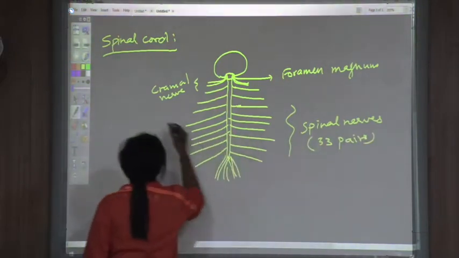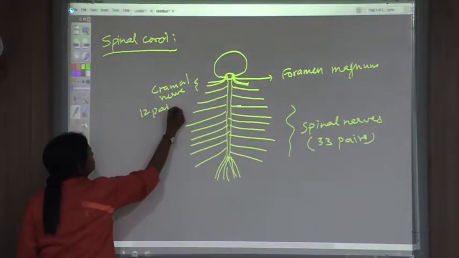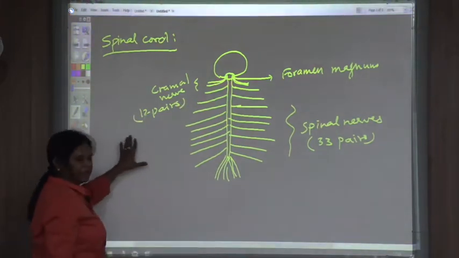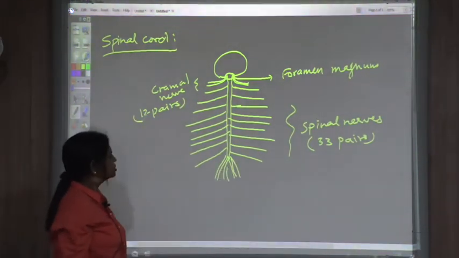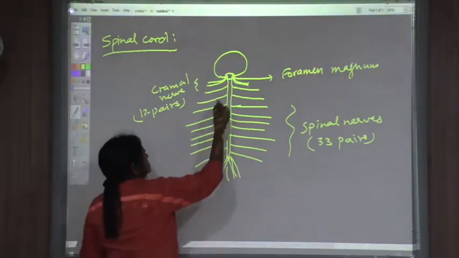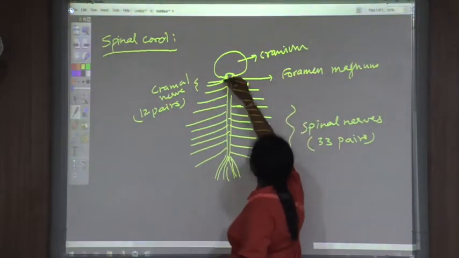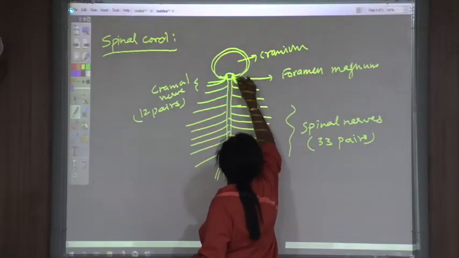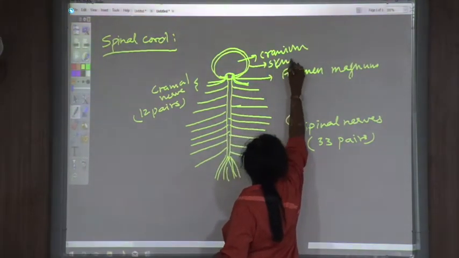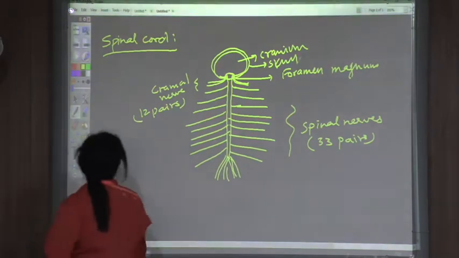They are basically 33, but in the end many of them are fused. So that remains 26. So this is the cranium, this is the skull,